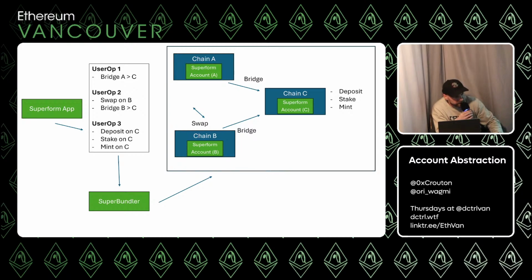It's delegating it elsewhere. I was going to ask something related. I assume that the protocols on chain B and C and the bridge partner all have to be pre-integrated into the super bundler. Yeah, if not specified in the user op, then when the super bundler is bundling these three user ops, it's going to say, okay, for each of these two bridge hooks, we're going to use Across for this one and Stargate for this one, right? I guess that has to be predetermined. Yeah, you can't interact with a random protocol that's not compatible with this system.